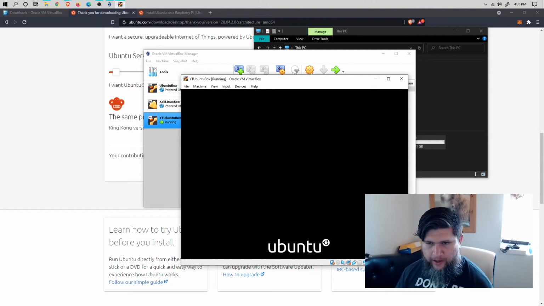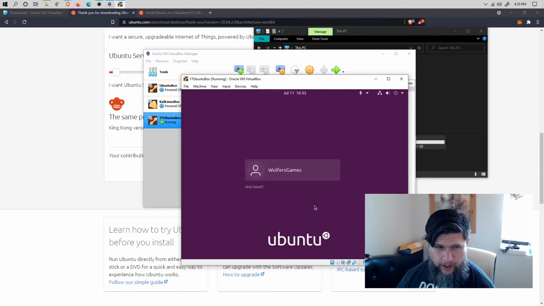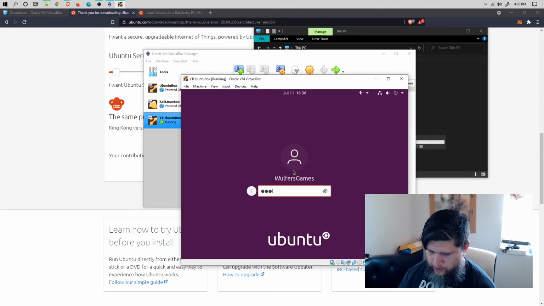There are a few things that are going to happen once you boot in. You're going to be prompted to put in your password. So choose the user that you want to log in as. It's only one user, so choose that one, put in your password, and log in. Then we need to make sure that we have our system up to date. And with the options that we actually checked,